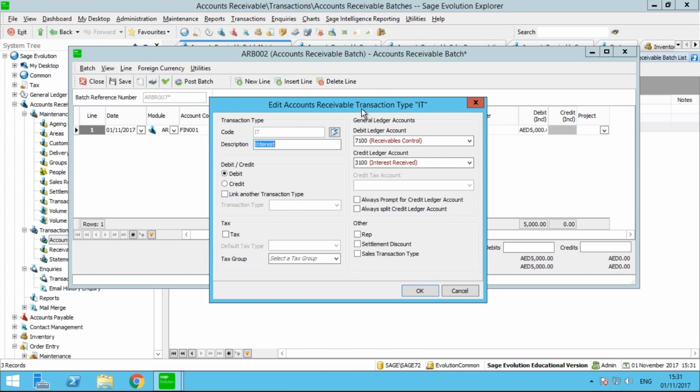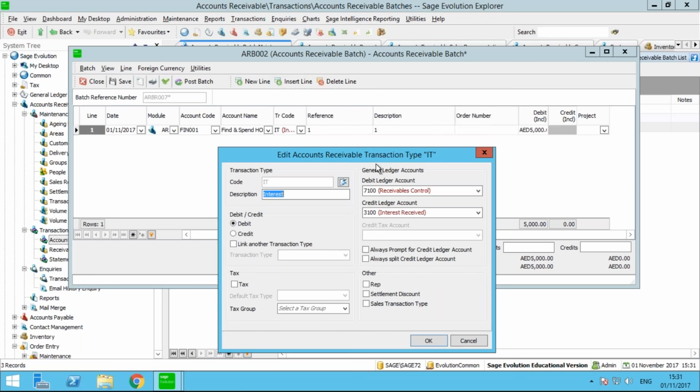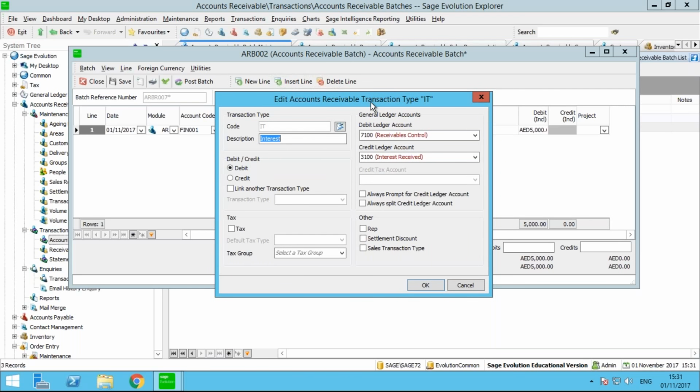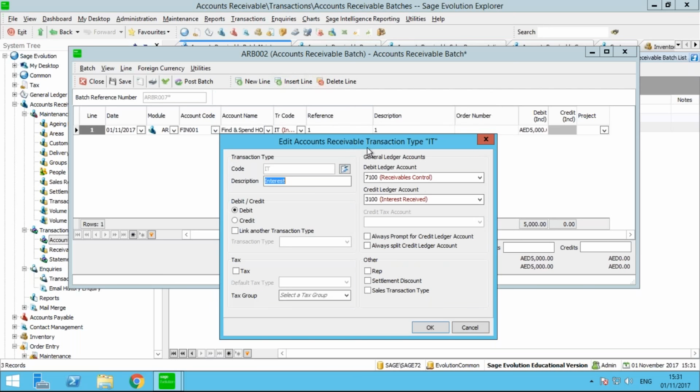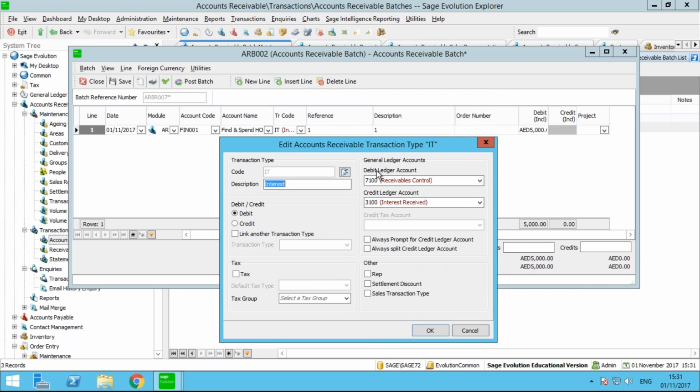So basically transaction codes are master data and you can find them in each module: in general ledger, and accounts receivable, payable, and inventory module. This catalog allows you to create predefined types of transaction in the system, and once you create one, you can use it in your documents. For example,